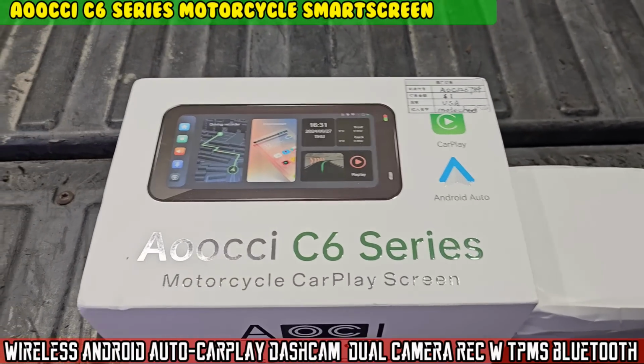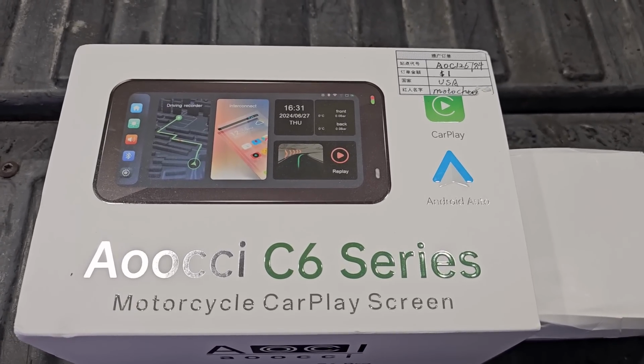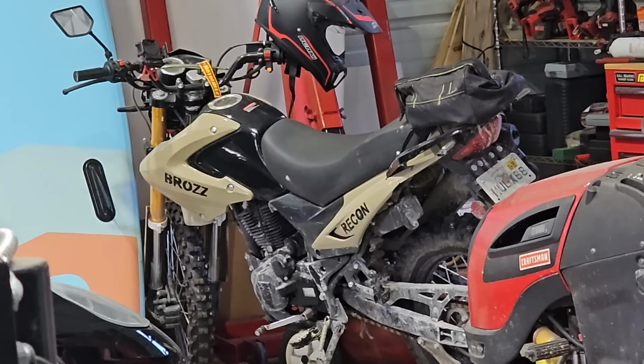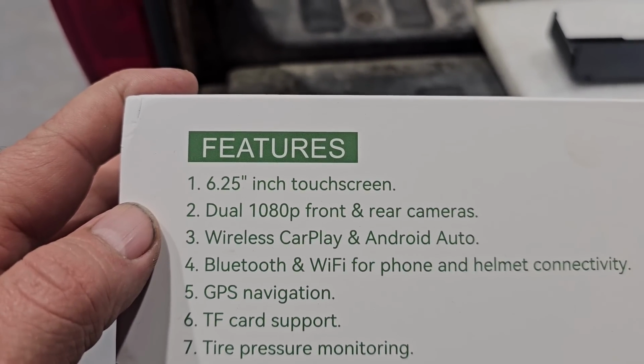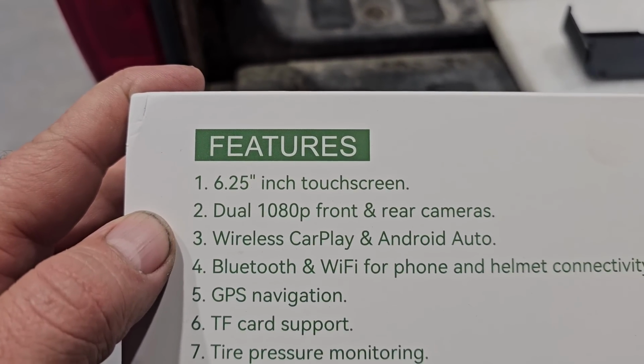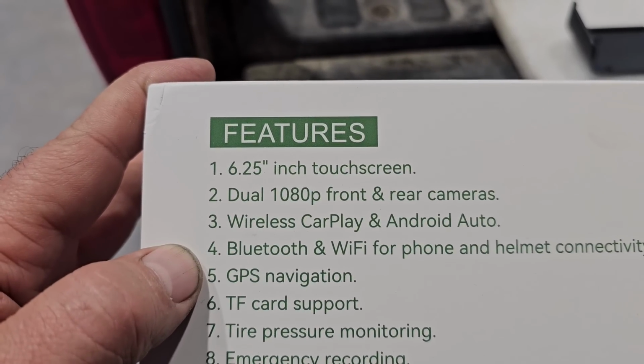What's up, boys? Got a new motorcycle CarPlay, the Aoocci C6 series. We're going to put this on that Braz Recon. This has a 6.25 inch touchscreen, dual 1080p front and rear cameras, wireless CarPlay and Android Auto, Bluetooth and Wi-Fi